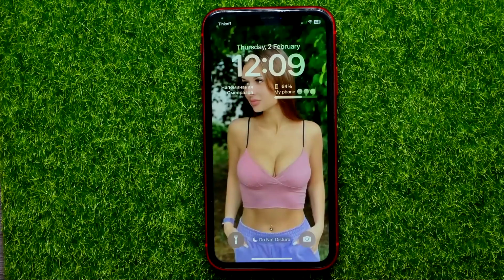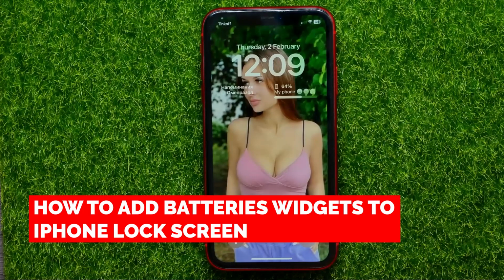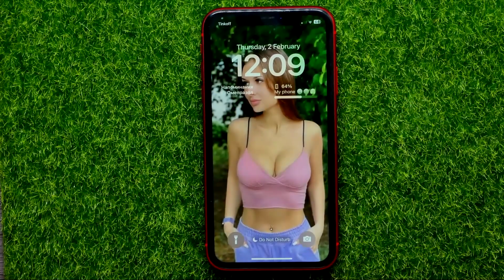Hello guys, welcome back. In this video I'm going to show you how you can easily add batteries widget to your iPhone's lock screen. Be sure to watch the video to the very end so you don't make any mistakes,